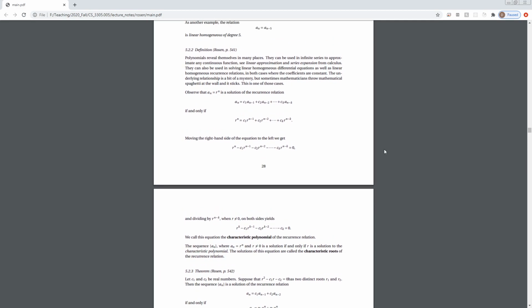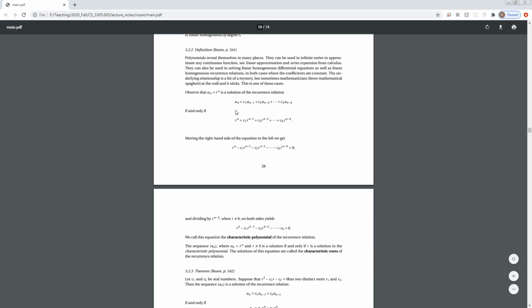That's for continuous functions that are differentiable. Polynomials can pretty much do it, but they start running into troubles if you introduce any poles and stuff like that. But okay, so